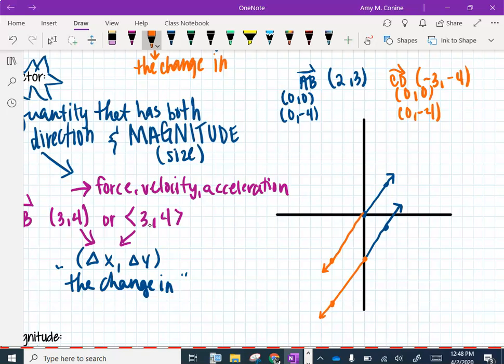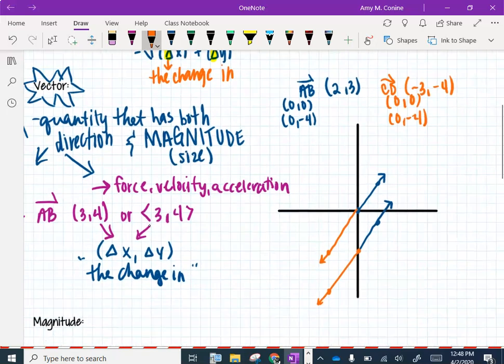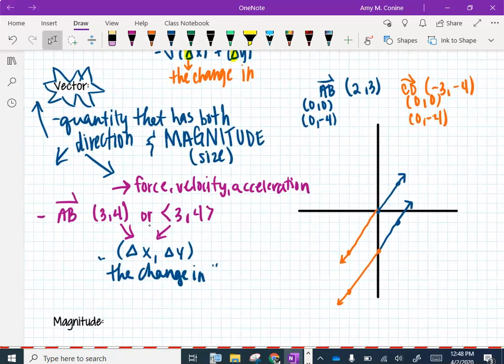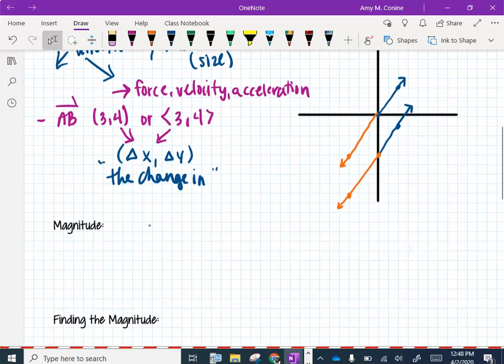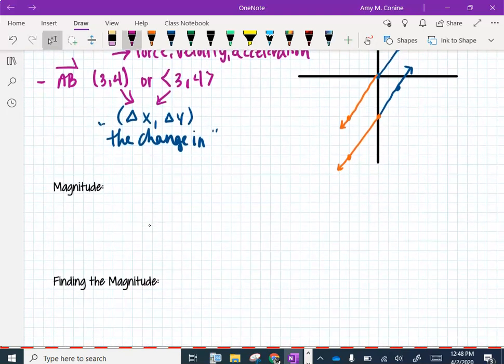Okay, and that's really what it would look like in a graph, and you can have many different ones on the same graph, but that's the symbols and representation. So let's talk about magnitude real quick. Magnitude again deals with size, okay, and what that actually means, it's the length